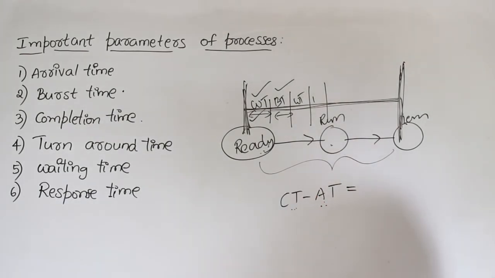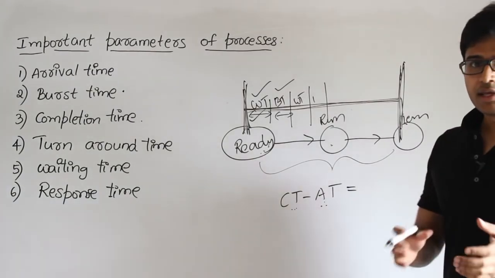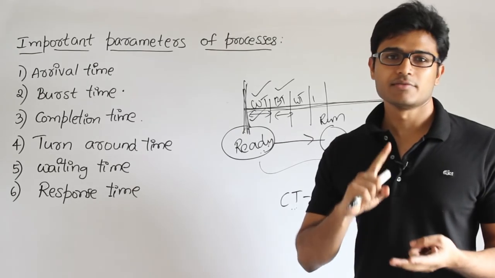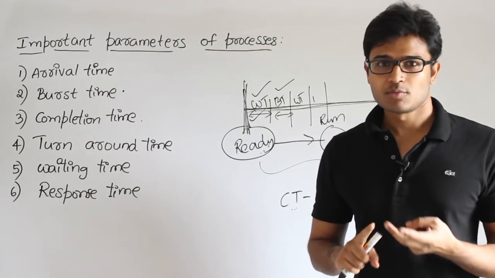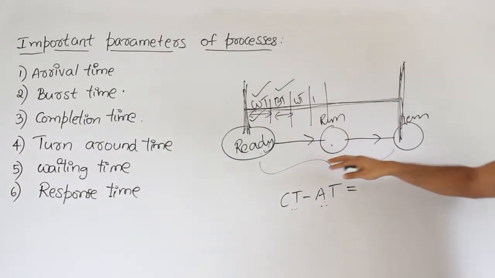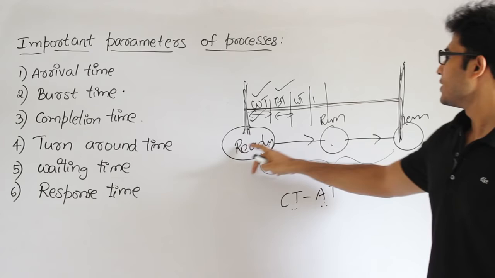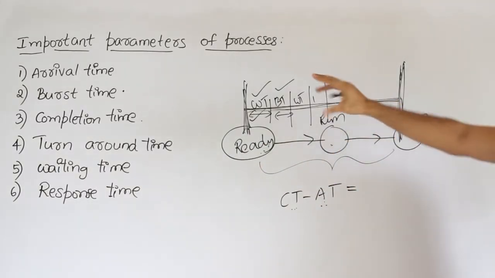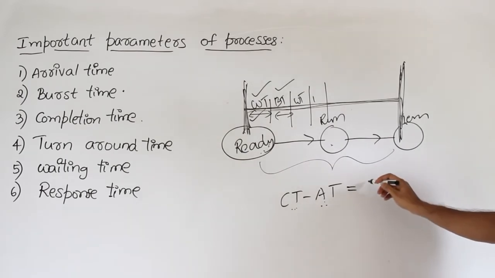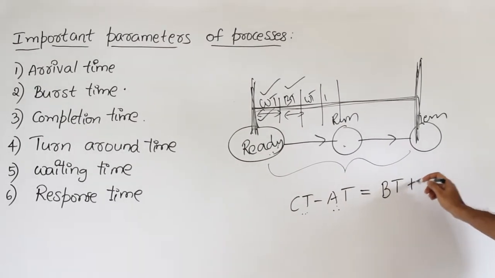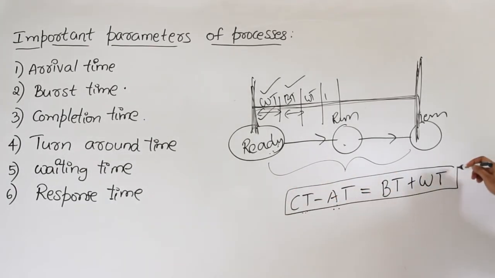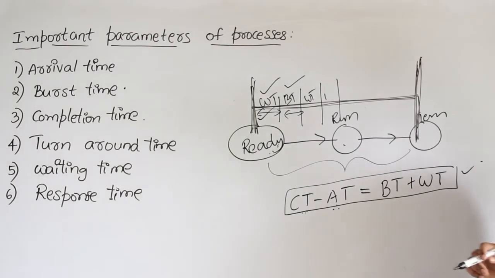Then what would that process have done in this 1 hour? It would have done two things. Either it executes or it is waiting in the ready queue, assuming that there is no blocking state here. Under the assumption that we have only new, ready, running and termination, to keep things simple, it is equal to burst time plus waiting time, right? So depending on which, you can compute even the other times as well.